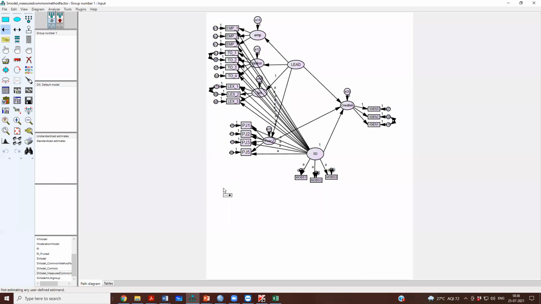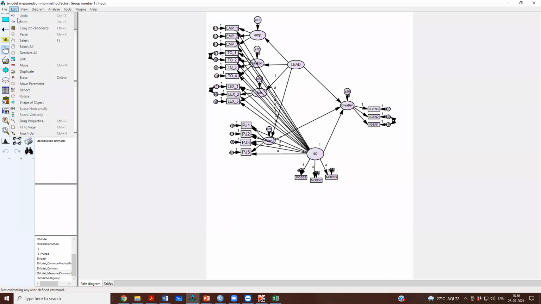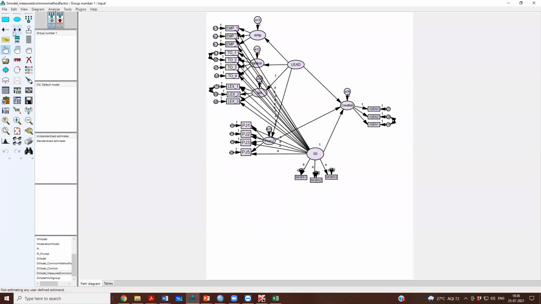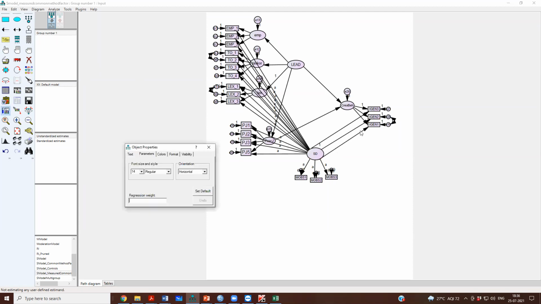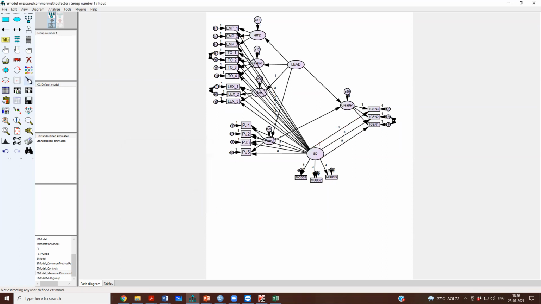So that is the. Okay, so let me remove this and then I will create all these paths again and load this as well with the same definition. Okay, so now you will have this. So this is on analyzing the common method